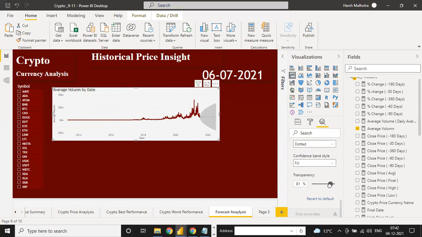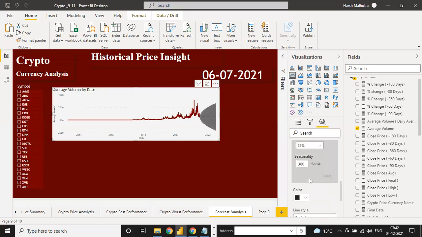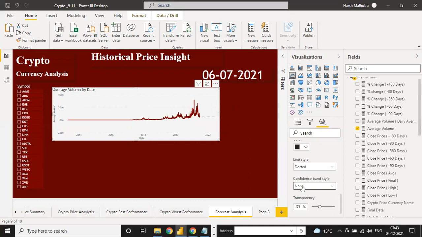And transparency, you can put it a little lower so it is shown as high. So line style dotted or dash. Dotted is okay. Confidence band style is line or fill or none. If I click on none, none means your value is hidden, and line means your value is shown as a line. So I think fill is okay.